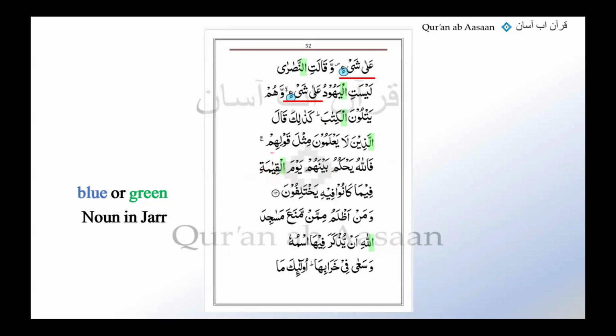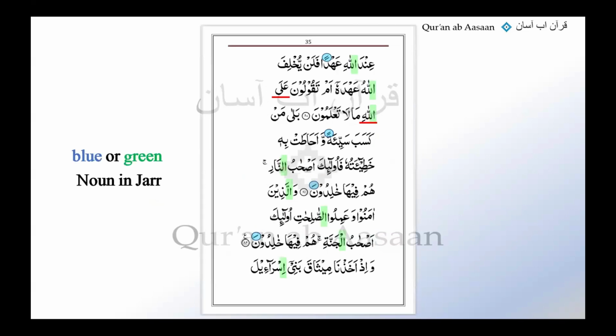Qiyamati, yawm al-qiyamati. Yes, that's an easy one for you. Any other one on this page? Allahi, and looking back, Masajid Allahi, that is also quite straightforward, excellent. And then another page I have here is 35, the very first line, Allahi, and we see the colored noun in jar, we look back, we see a no al, no tanween possessed noun, we know that they both are going to make murakkab idafi, and we can underline it blue.